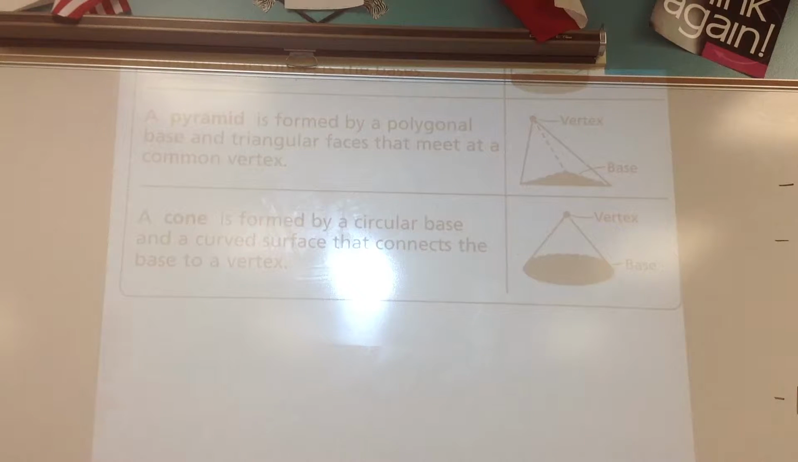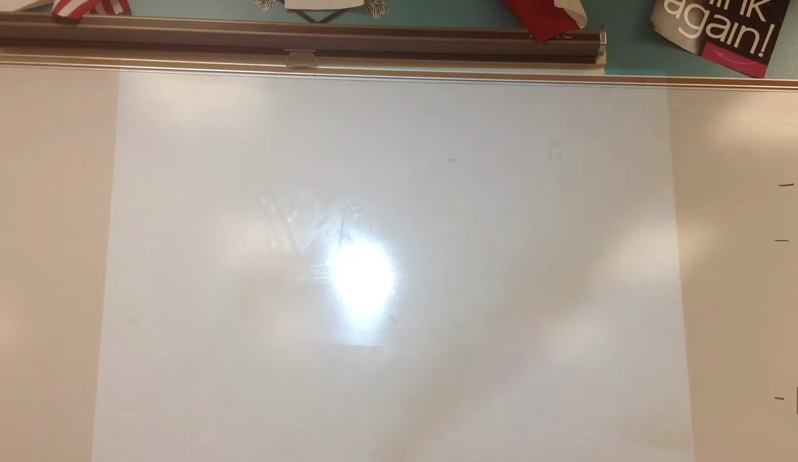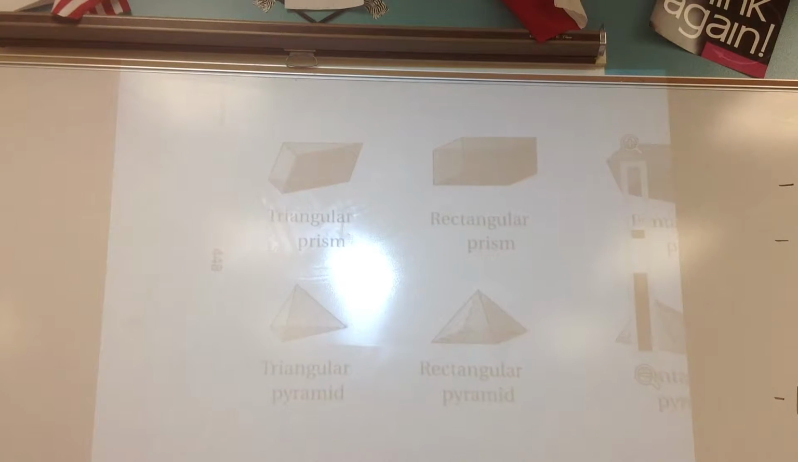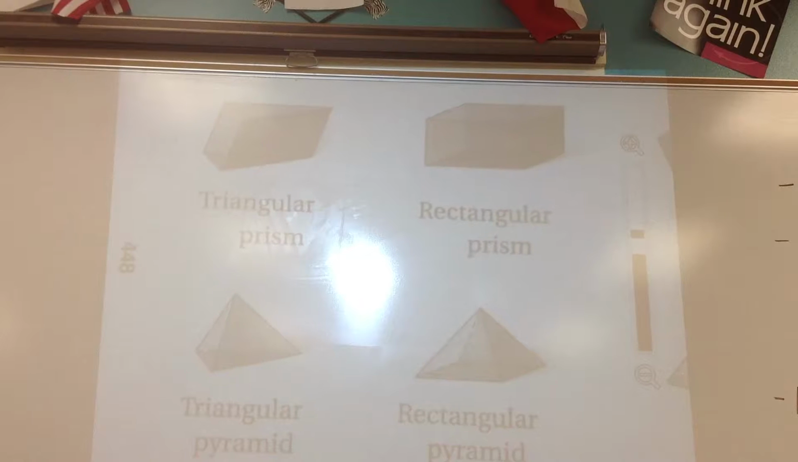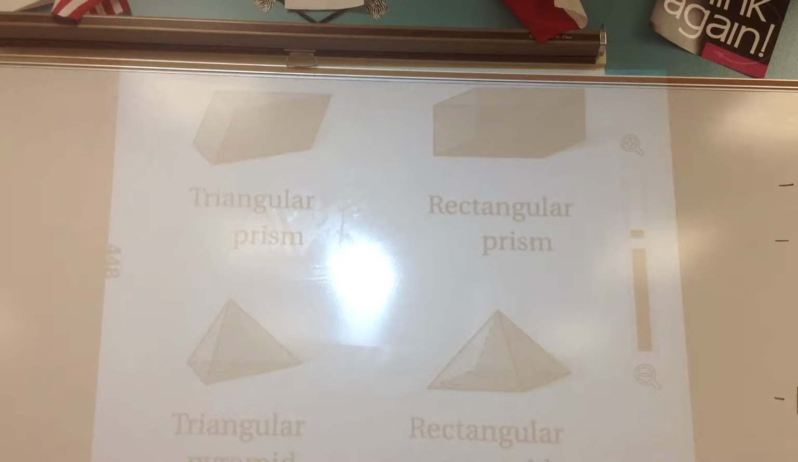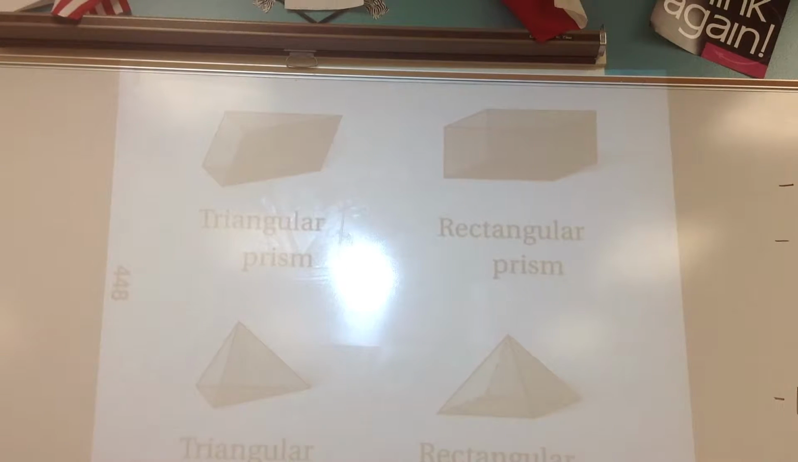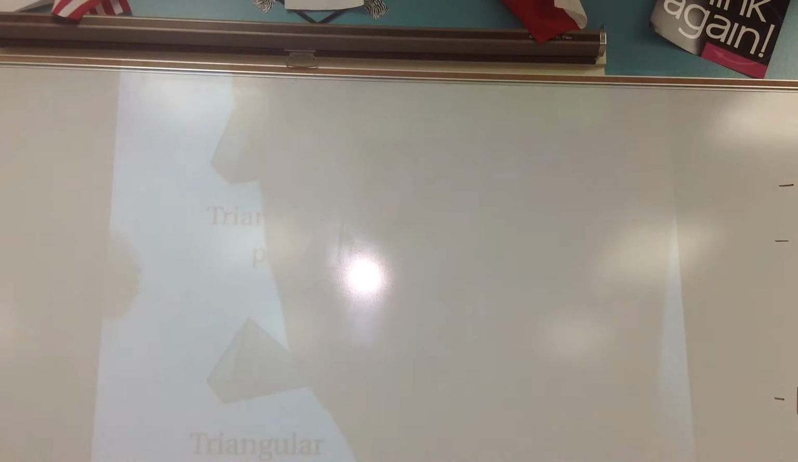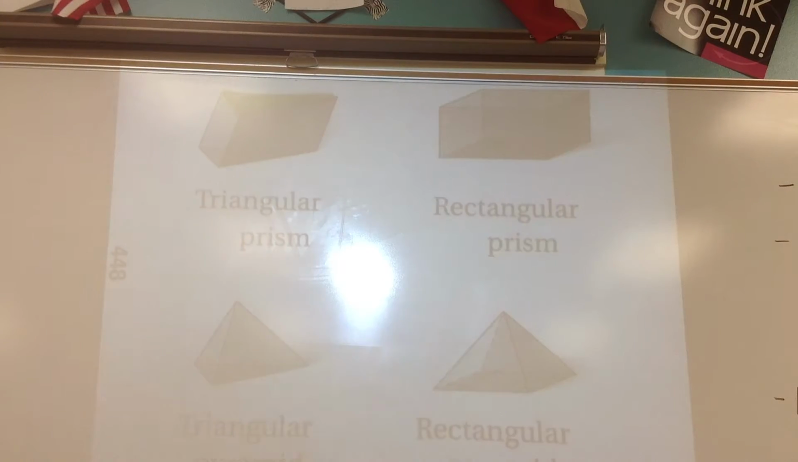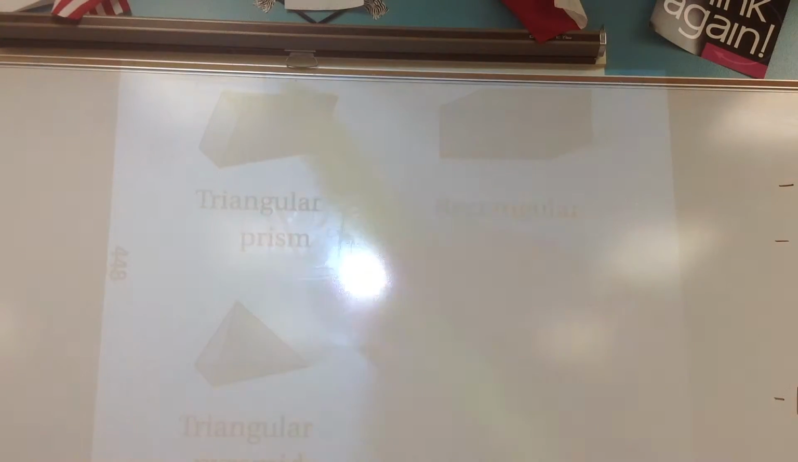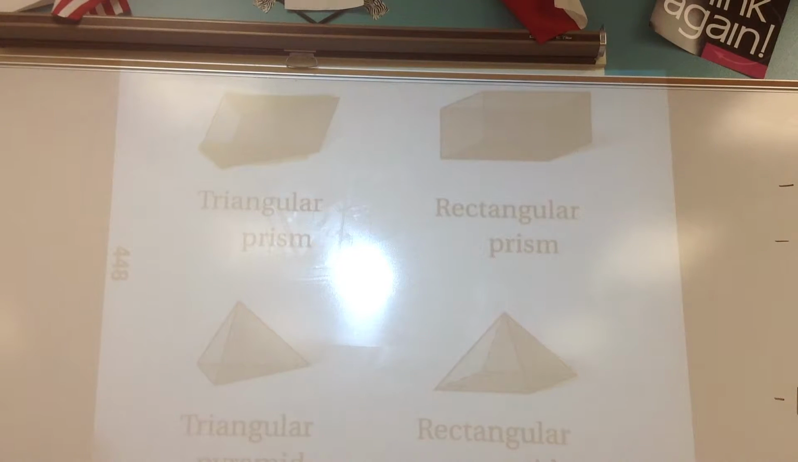So to give you some examples of differences in prisms and pyramids, I have some pictures. Our first one here is a triangular prism. Notice that for the triangular prism, we have a triangle on top and on bottom. So these are our bases. And remember, prisms are always named by their bases. So I have a triangle on top, and I have a triangle here on bottom, and that's how we know